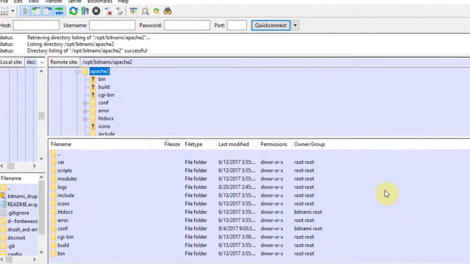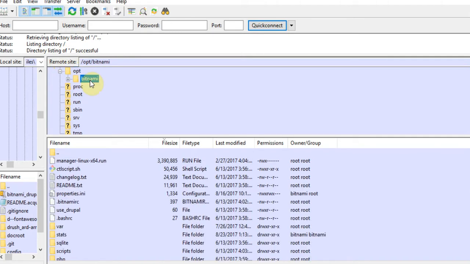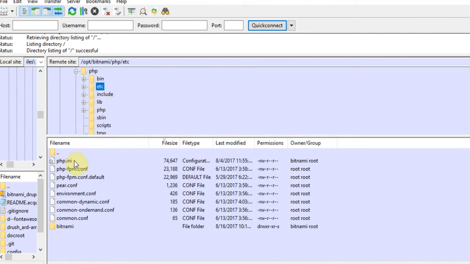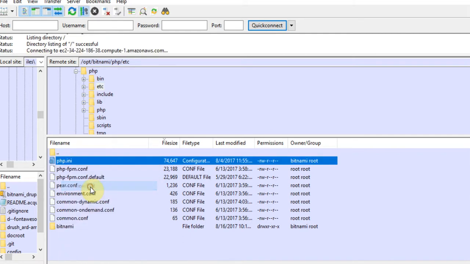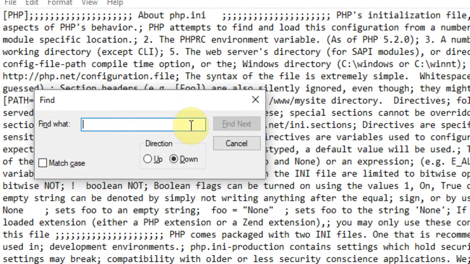And for clarity reasons, we'll go ahead and collapse all these directories and start from the top again. To disable OPCache, we'll need to make some changes in the php.ini file. To find that file, we'll start in Bitnami, PHP, and then the etc directory. Inside that directory, you'll find the php.ini file. We'll need to open that file so that we can edit it. Looking at this file can be a little intimidating, so we'll just do a search by hitting Control F and then entering